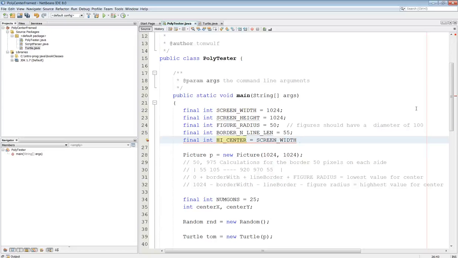Screen width minus 2 times, let's see, so the high center is screen width minus 2 times the border and line length. I don't want to type that, so Control C, Control V. Let's see now, is that right? So I'm subtracting that. Yeah, that's the highest possible one. So high center here would be 1024 minus,